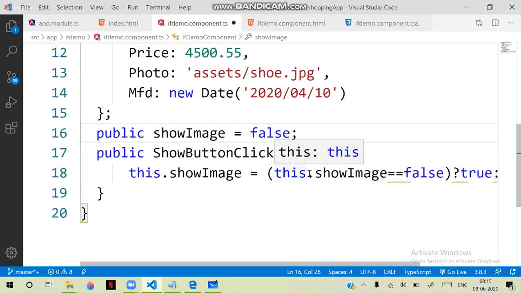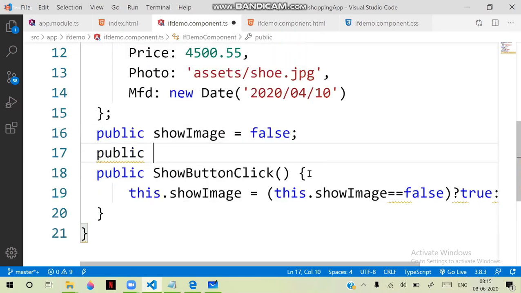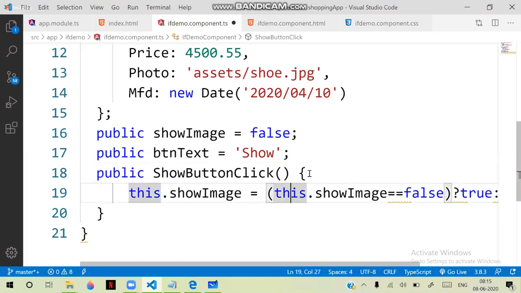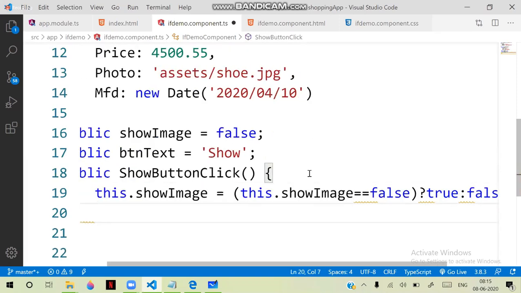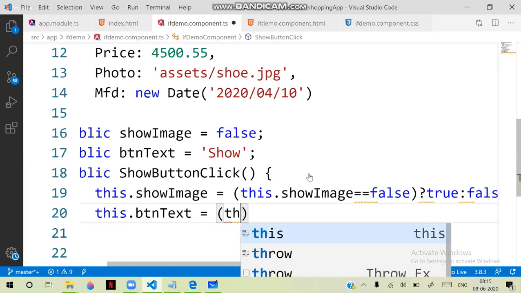For example, I will keep here btnText is equal to, by default as show. The btnText I am displaying, I am using show, and this also I can change. So what I can do here is this dot btnText is equal to, so this dot